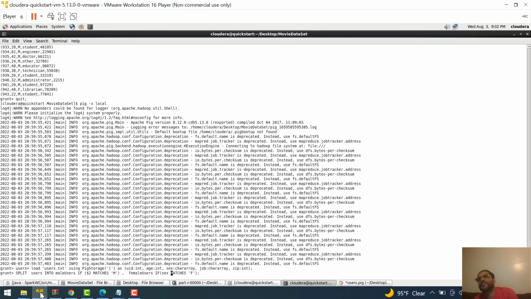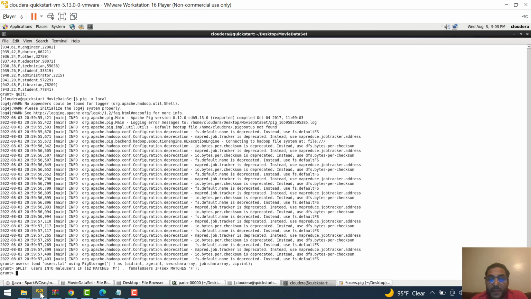Make sure that for a chararray, if you do a comparison, it reads by matches. It doesn't use the equal sign. If you write an equal sign, it will give you an error. I also tried to show you here that the same column, which is column 2, you can refer to by $2 or by the name of the attribute, which is sex. Okay, if I run this command,